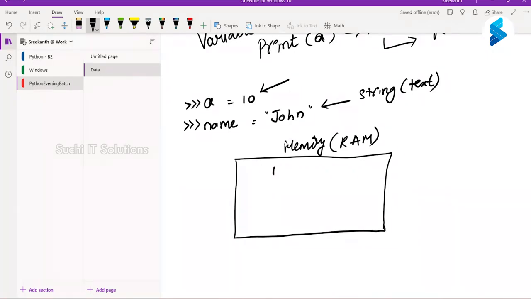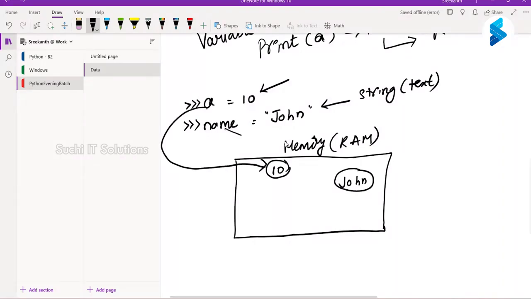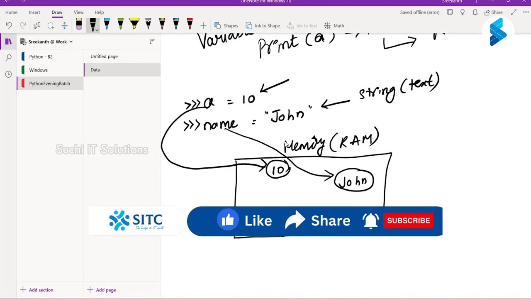So 10 will be stored somewhere in your RAM memory, and the value John will also be stored somewhere in your memory, and this A would be pointing to this address, and this name will be pointing to this address. The term I'm using here, address, is very important.